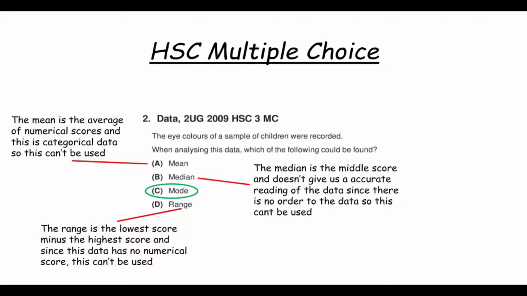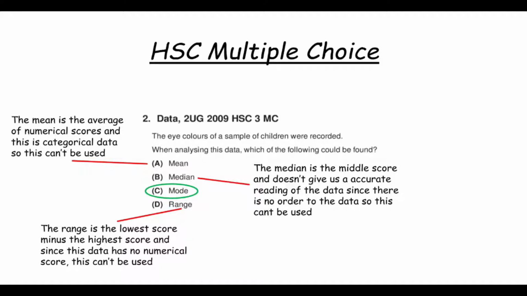Here we have our first HSC question. The question reads, the eye colors of a sample of children is recorded. When analyzing this data, which of the following can be found? A. Mean, B. Median, C. Mode and D. Range. The answer is mode, because it is the only measure of location which can be used